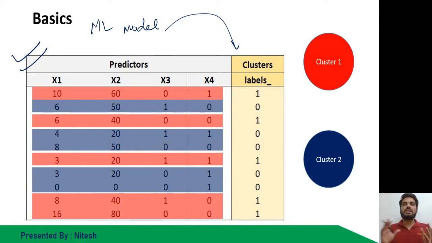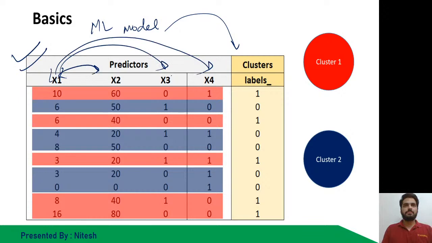Later on, you have to study these clusters. In the initial stage, I had no information about the data set. But after the machine learning has understood the relationship between all the records based on the relationship between these columns, it has defined 2 clusters, and the red and blue cluster rows I have shown over here.